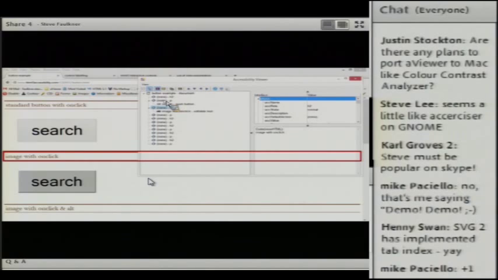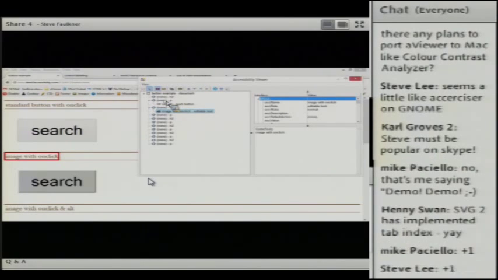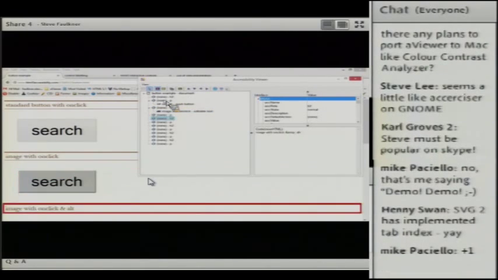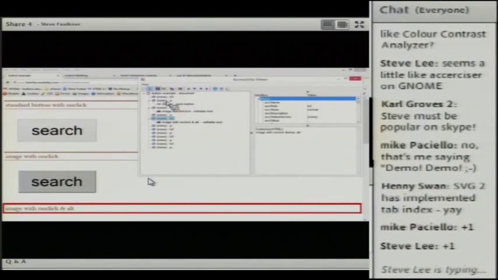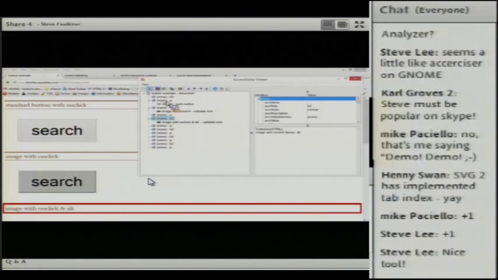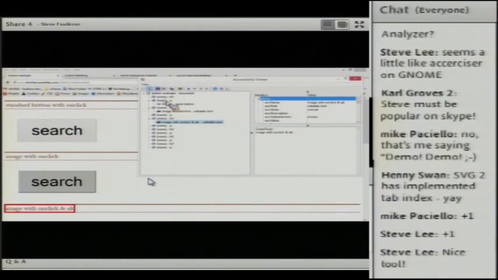It's a tree, so you can use the up, down, left and right arrow keys and walk through the DOM. What you'll see is that the focus rectangle moves along with it. So it's a good way of interrogating the information that's there. You can just walk through the accessibility tree within AccView, and it'll show you where you are on the page. That's what I wanted to show you for that.